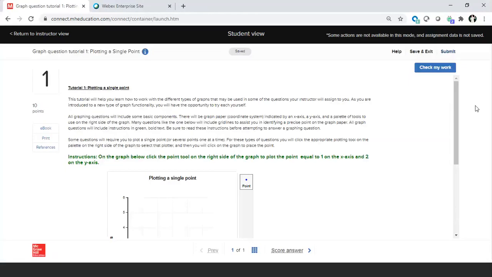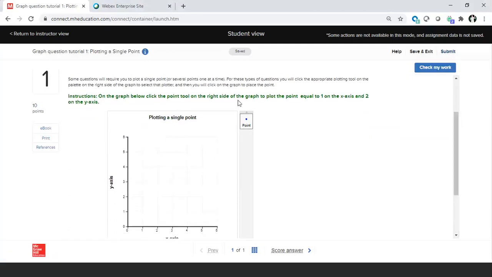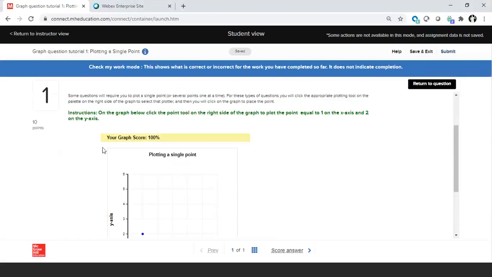So we can see here, this is a real simple one. It's just asking us to plot a point. So it says on the graph below, click on the point, and they want the graph to be equal to 1 on the x-axis and 2 on the y-axis. So we can literally take our point here and put it in here. So you can see this, and then we click on check my work,